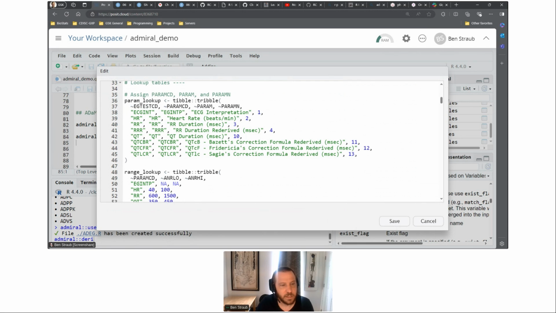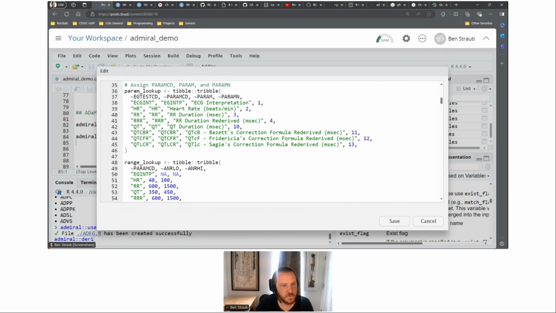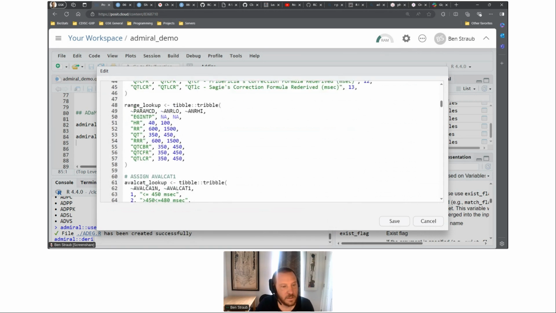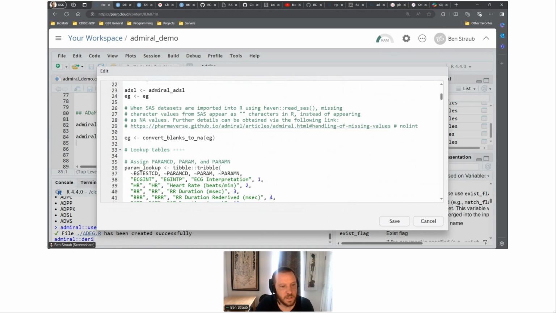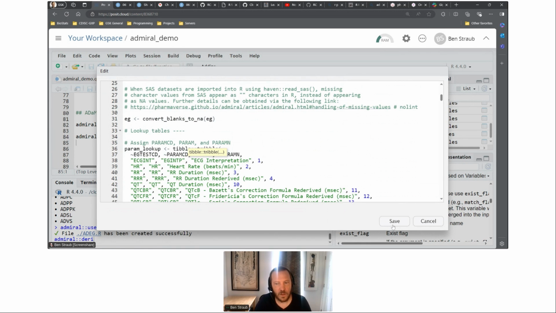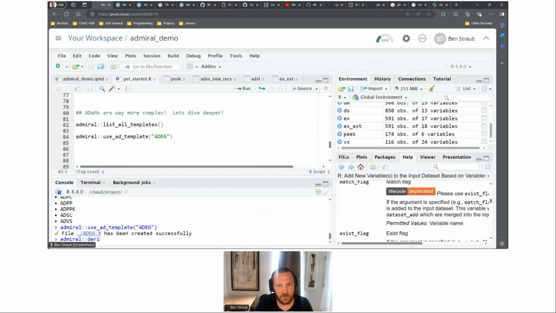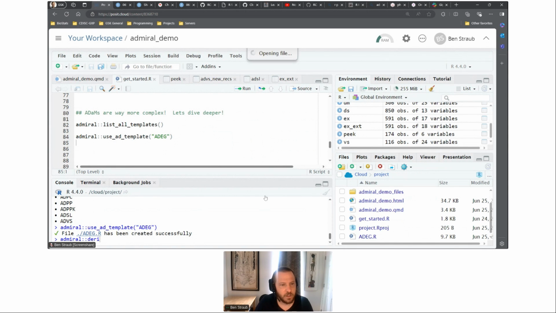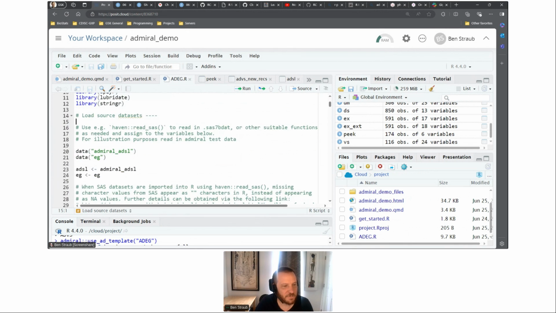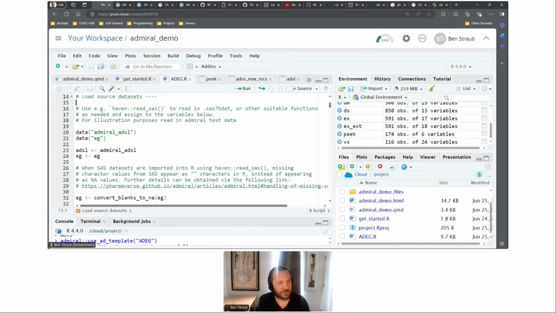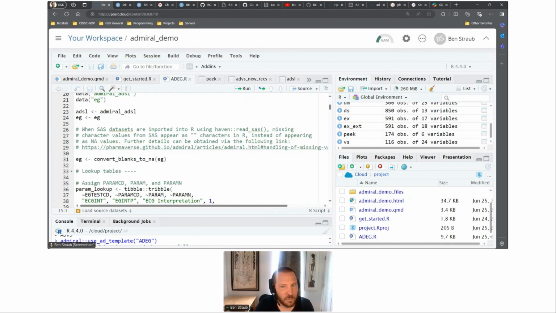So a lot of the beginning of the templates have these little tibble tribble informations for different kind of metadata that could be applied in other ways. And if you're interested in that and how we work with metadata with ABRoll, the Pharmaverse example site that I brought up earlier has some information on that. But yeah, so you can just save that and have your own ADEG script prepared for you. They're not fit for purpose, so I definitely don't recommend that you take these and run with them for your drug study. There's probably a lot of things that you need to do to it, but